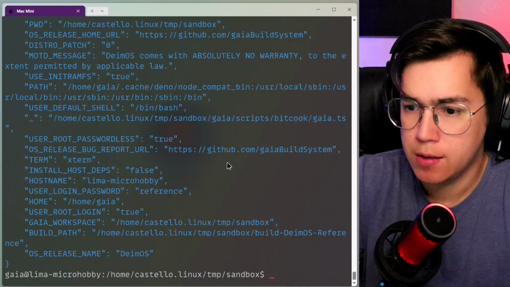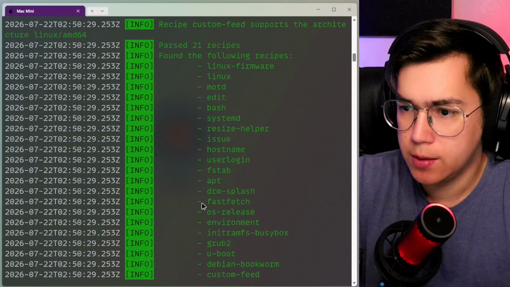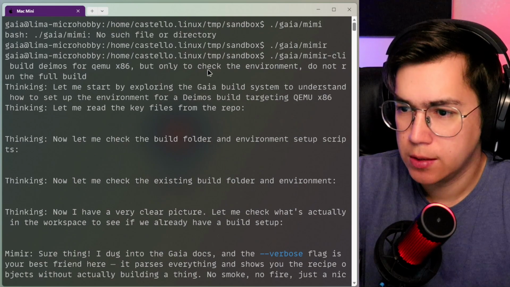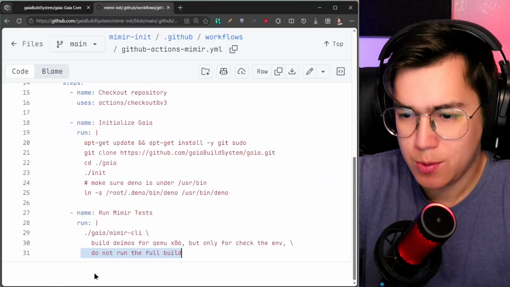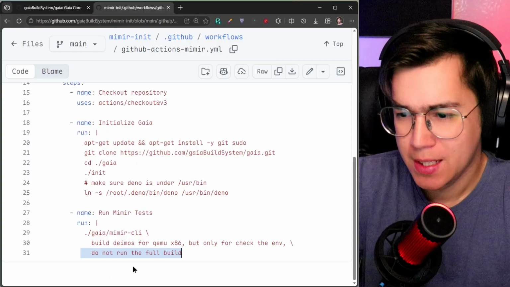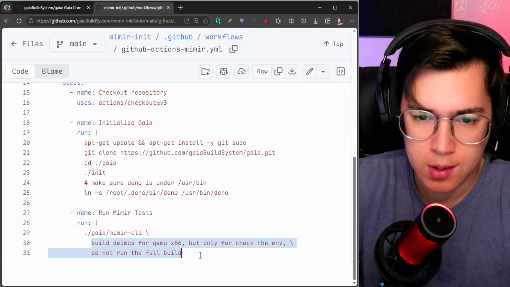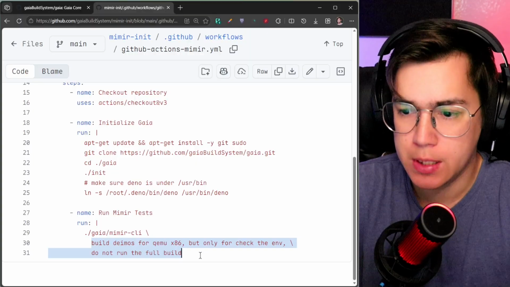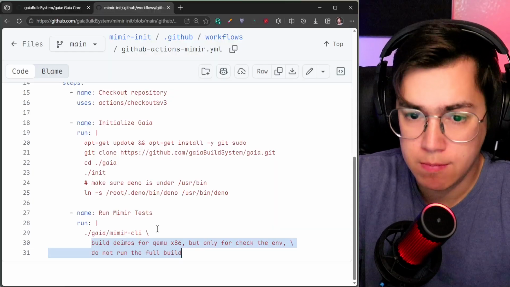I don't recall exactly what I wrote. It was a bit different, right? But the intent was the same. I want to run the build command with QEMU x86, but with the verbose argument,